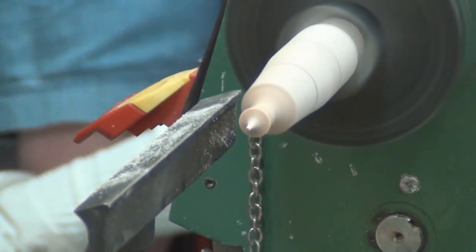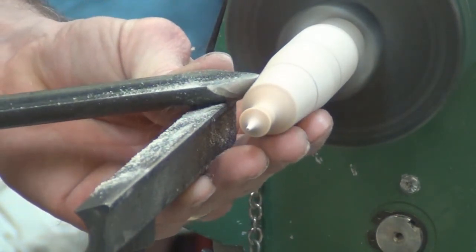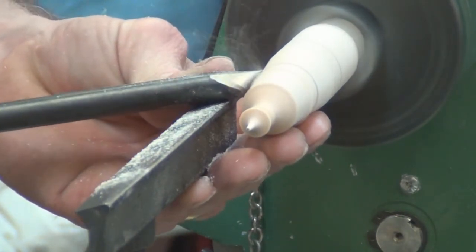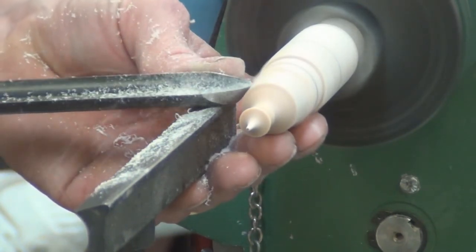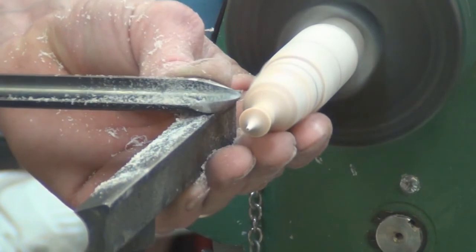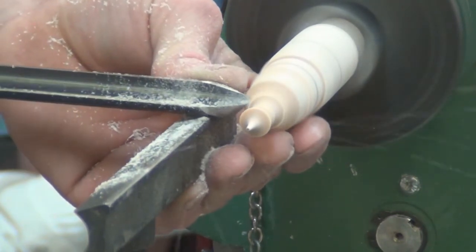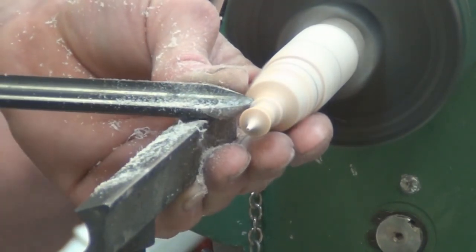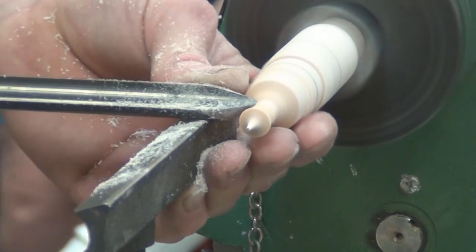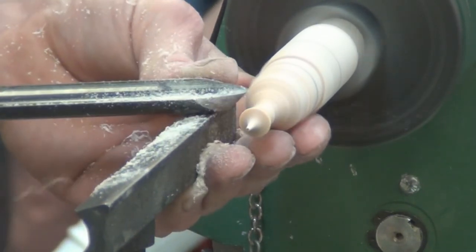When Ed was giving his demonstration, he said that he'll often turn wearing magnifying glasses. And if it looked small enough then, with the magnifying glasses, by the time he took it off the lathe, it looked alright. You definitely find that the finials will grow in size when you take them off the lathe and put them on the hollow form. Something that you think looks really small on the lathe